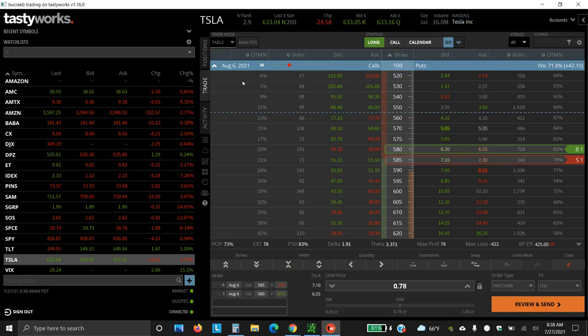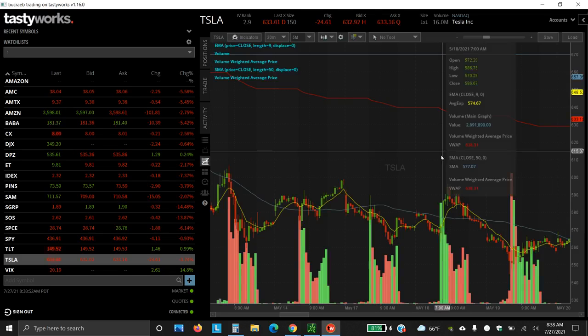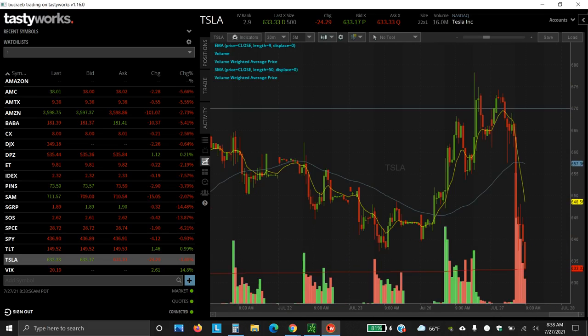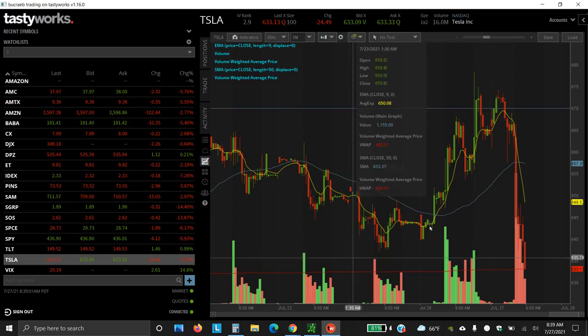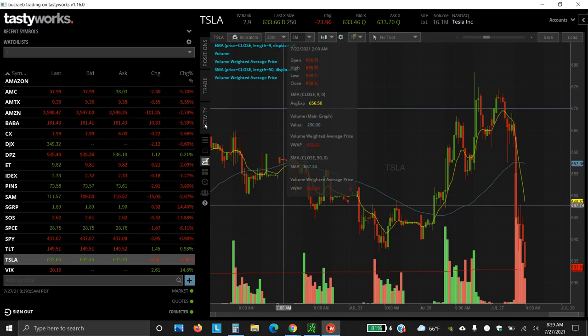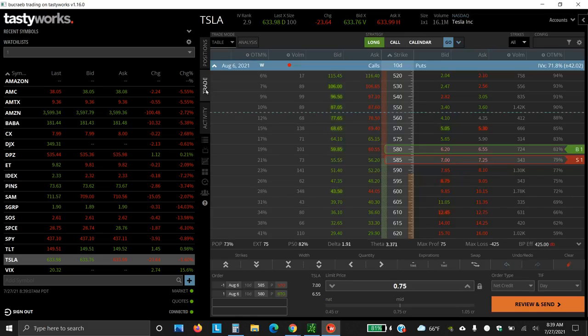And I'm keeping in mind different things too, that this thing has already gone down. You think it's not going to go down any further? I think it's not going to go down another 120 points. So I think this is a good bet. So let's see what this is. 80.